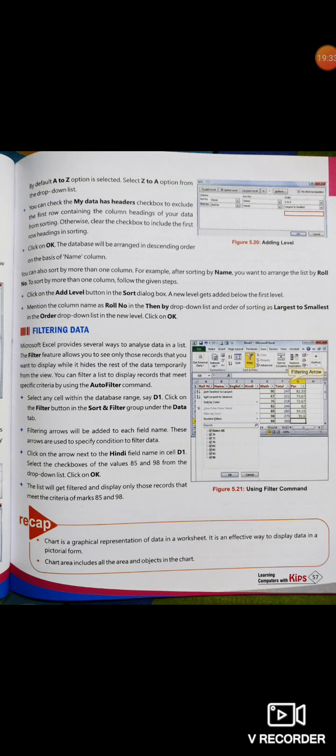Okay. So this is all about the chapter, what we have learned. We have learned the components of a chart, the types of charts, how we can create a chart in MS Excel, and how we can format the chart, like changing the plot area background, inserting or changing a chart title, formatting the axis, formatting the legend, formatting data series, etc. We learned to sort data, and we learned to filter data.